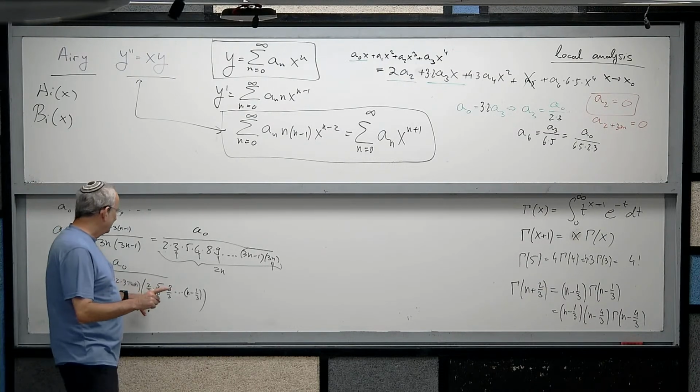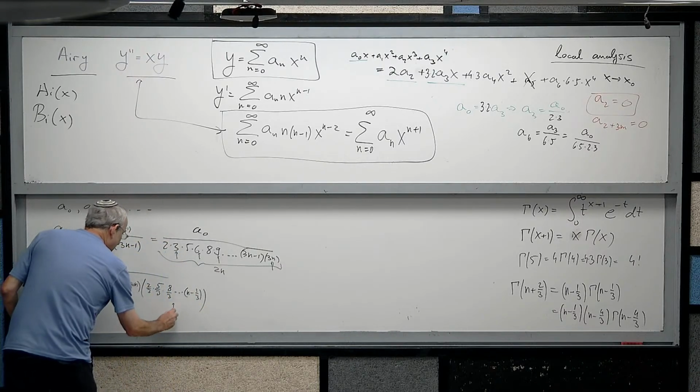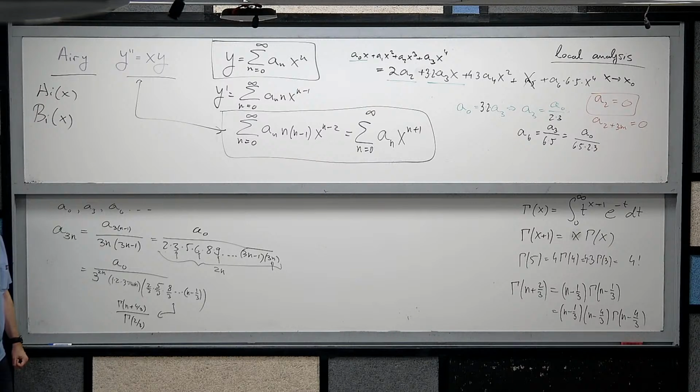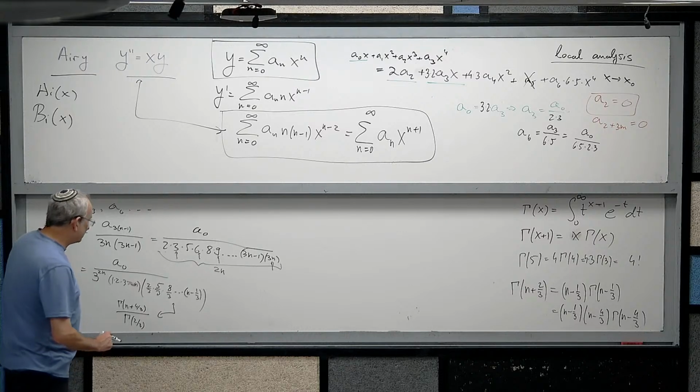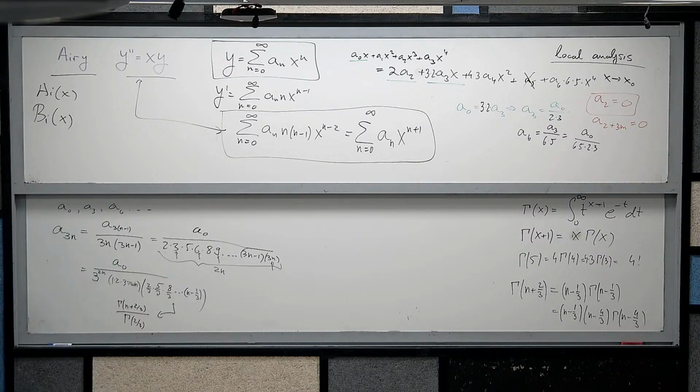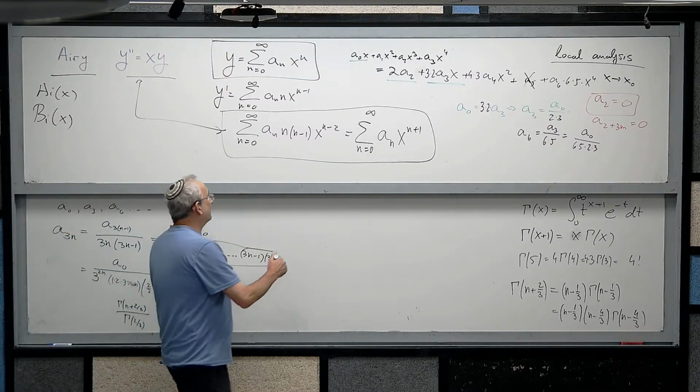How do I do that? What I would like to claim is that this term is just gamma of n plus 2/3 divided by gamma of 2/3. Plus 2/3, no? There is n plus 2/3. N plus 2/3, yes. Very much. Yes. So all in all, we find that